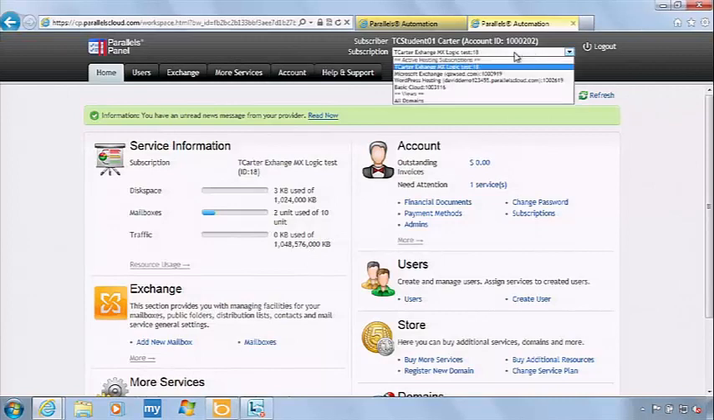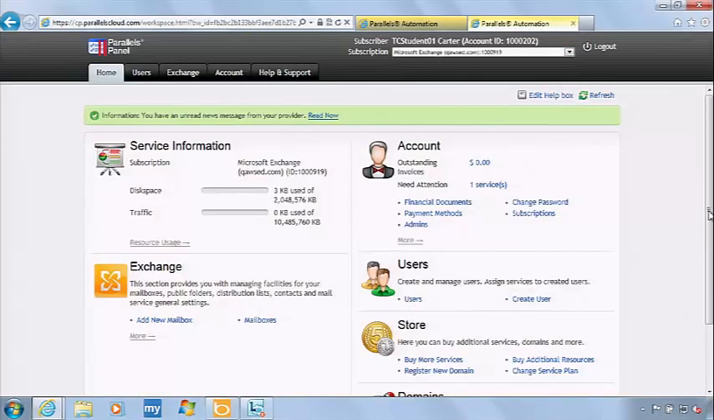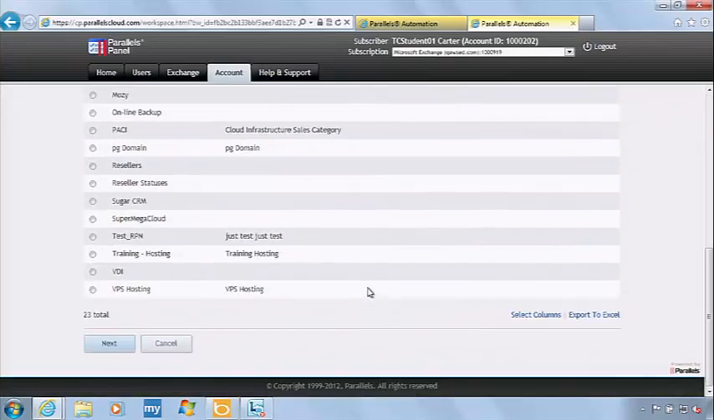Let us switch to our Microsoft Exchange subscription, where I'll try to demonstrate additional features. First, let's see how we can buy more services. So from this panel, directly from here, we can see the list of all services made available by the service provider. It's an easy-to-use three-step wizard, and I can choose from the categories of the services that are enabled by the provider. In our case, I can choose hosting, which is just a category enabled by the provider,